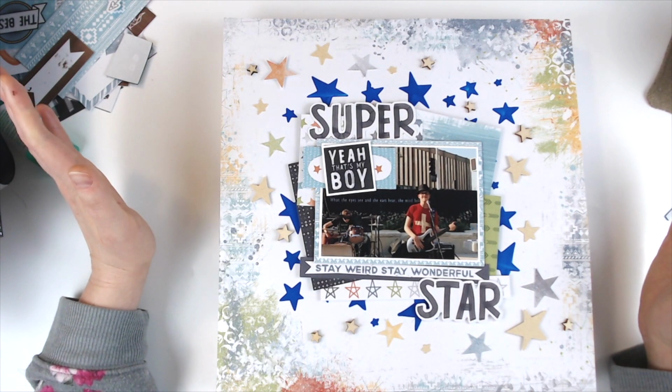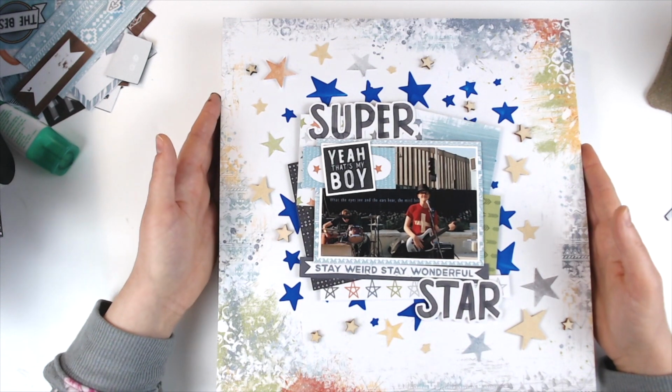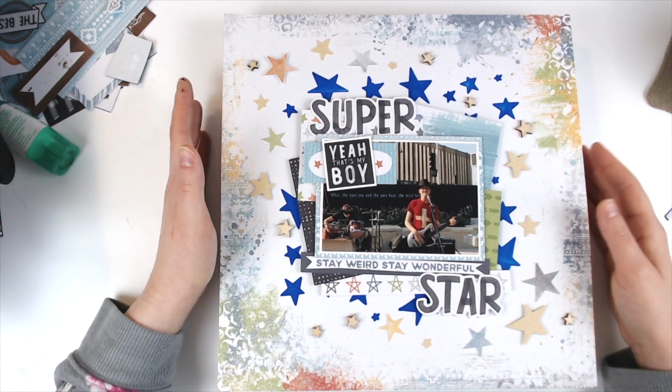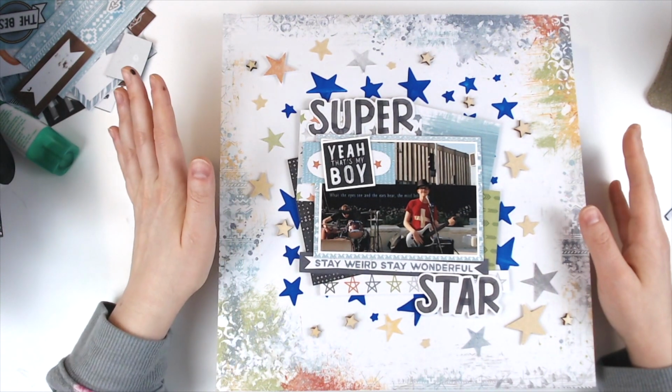So I have a few layouts to share. I didn't do too much scrapping in March. It was kind of a ridiculous month. So anyhow, this first layout